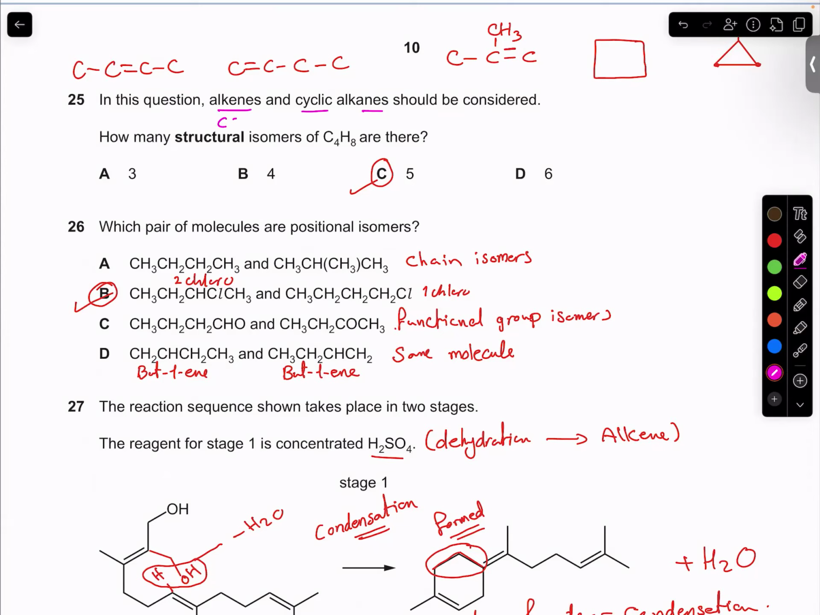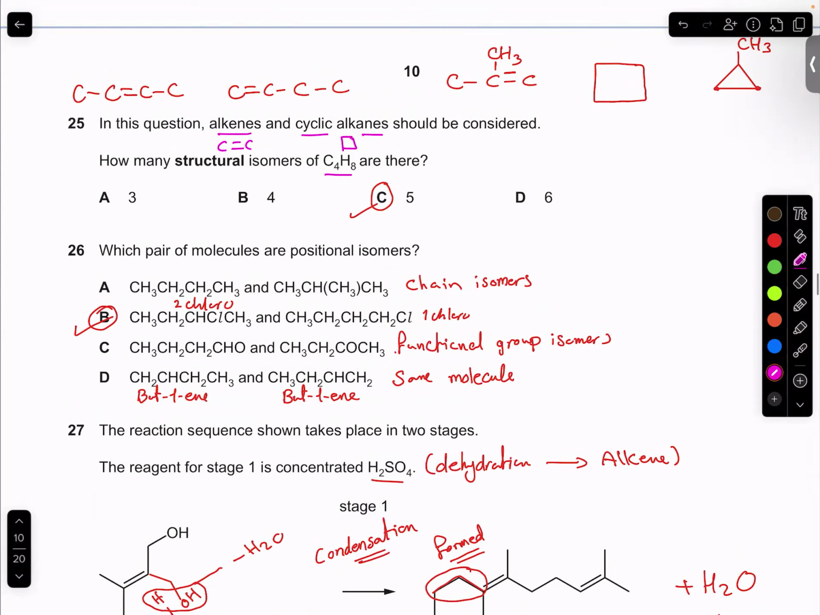Alkenes, C double bond C, and cyclic alkanes like cyclobutane, cyclopropane or cyclohexane and so on should be considered. How many structural isomers of C4H8? The normal structure that you can make from the open chain is but-1-ene,